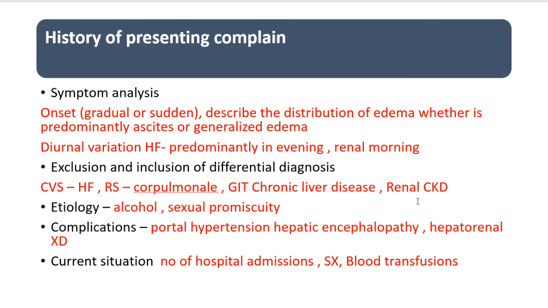Then the exclusion and inclusion criteria of differential diagnosis. You have to think about what things are involved. When a patient comes with swelling, what systems can be affected? That gives you the idea. The cardiovascular system can be affected, so in heart failure patients there may be swelling. In the respiratory system, there is cor pulmonale. What is cor pulmonale? Right heart failure. For example, if a patient smokes a lot, they can get cor pulmonale, and then these patients might also get